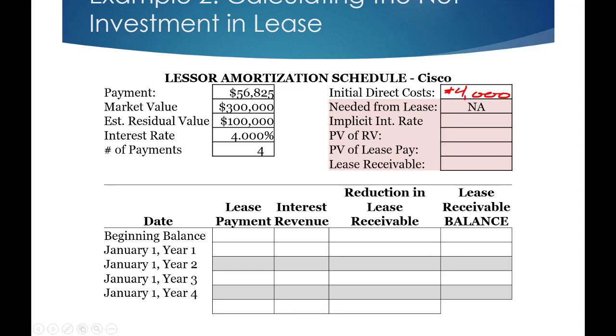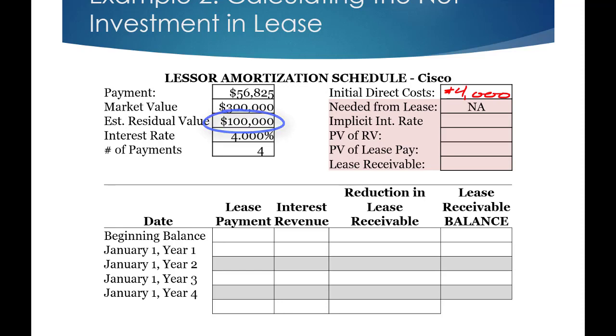My next box is the amount needed from the lease. Now, this is a really important calculation, but it's not one that we're going to worry about right now. We're going to save that fun till later. Conceptually, though, just so you're comfortable with what goes here, we want to make sure as a company that we get the market value out of this asset. I could sell it for $300,000. I'm going to make sure I get $300,000. I'll get some of it by selling it off, or in some cases releasing it for that $100,000 estimated residual